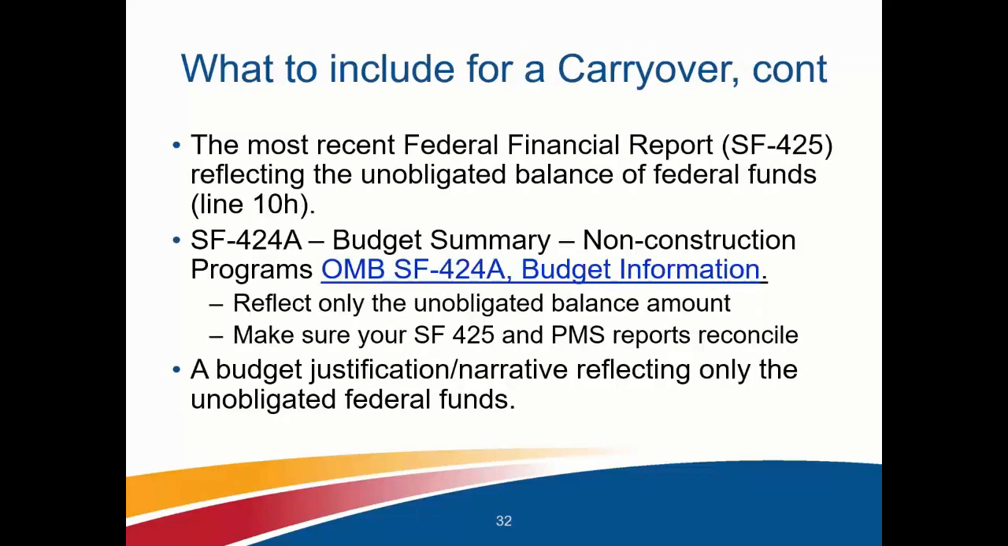The second required item is you must include the most recent Federal Financial Report, or SF 425. This form needs to reflect the unobligated balance of federal funds in the budget period, and this balance, you will set forth in line 10H. And you also must make sure the SF 425 and the Payment Management System, otherwise known as PMS, reports are properly reconciled and are consistent. That's very important. If they don't match, you may find your submittal, or most likely you'll find your submittal returned for